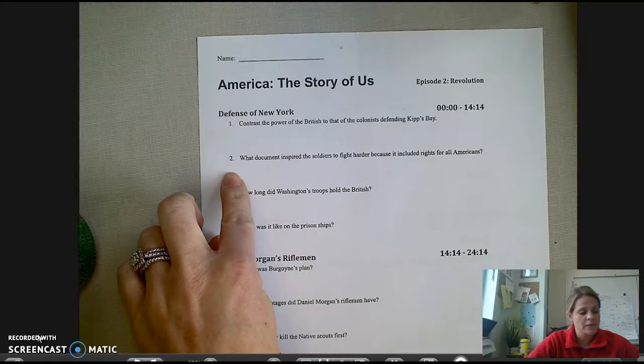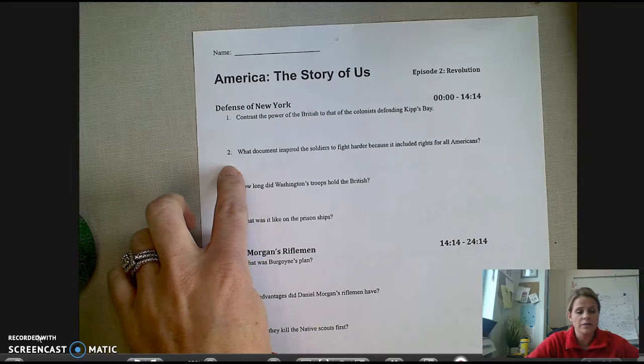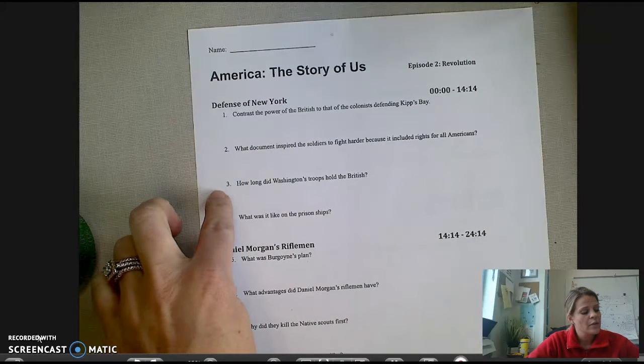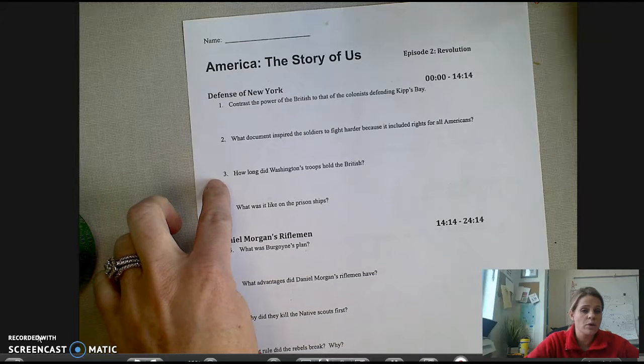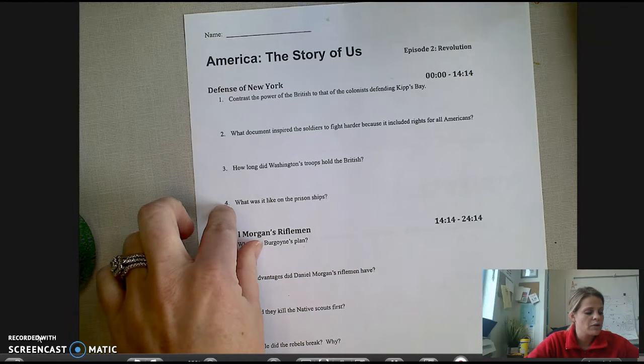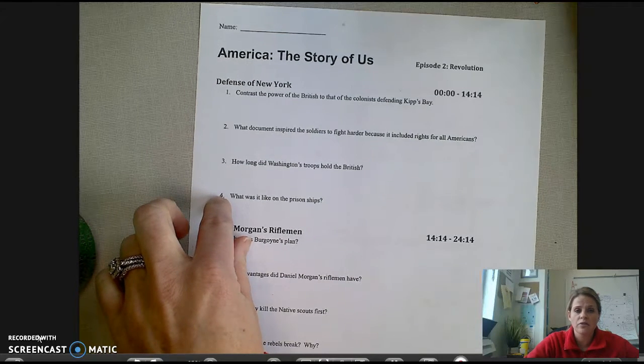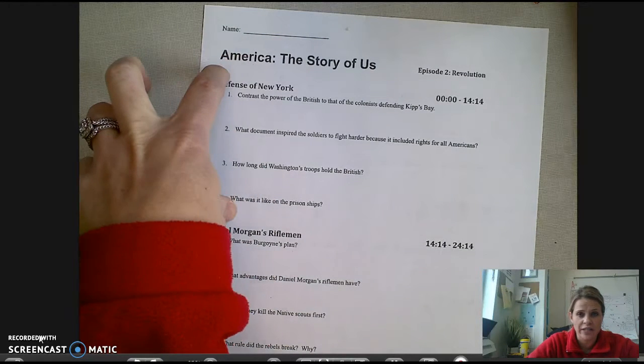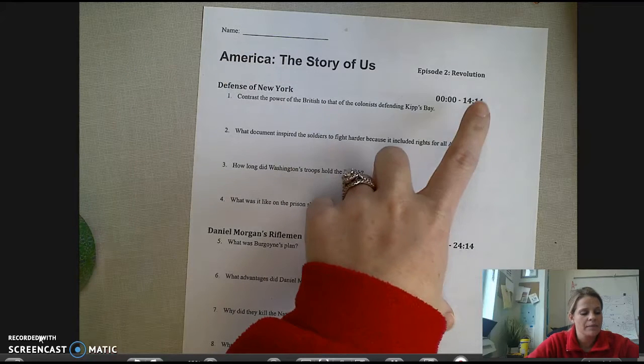Question 2 says, what document inspired the soldiers to fight harder because it included rights for all Americans? Question 3, how long did Washington's troops hold the British? And question 4, what was it like on the prison ships? It's going to show you that and give you some details about that. So I'm going to have you watch this first section, then you're going to come back and I'll explain some